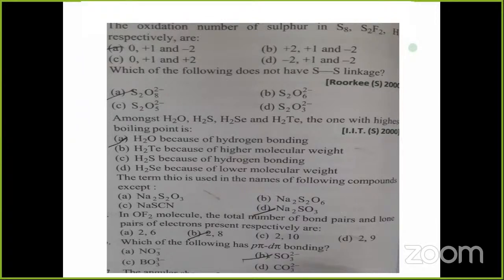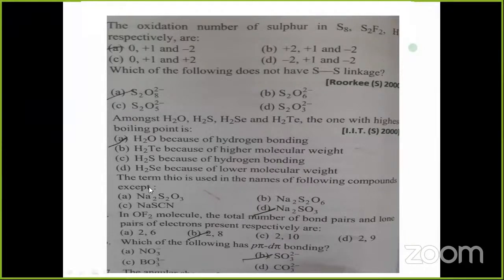Okay. Among H2O, H2S, H2Se, H2Te, the one with the highest boiling point. In the table చూపించాను. Due to intermolecular hydrogen bond, the water boiling point is more compared to the other hydrides, the H2O. ఇక్కడ ఇచ్చిన ఆన్సర్ ఇచ్చాడు H2O because hydrogen bonding. Right? Next, in OF2 molecule, the total number of bond pair and lone pair of the electron present on respectively